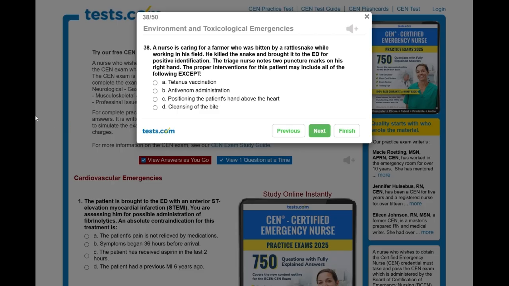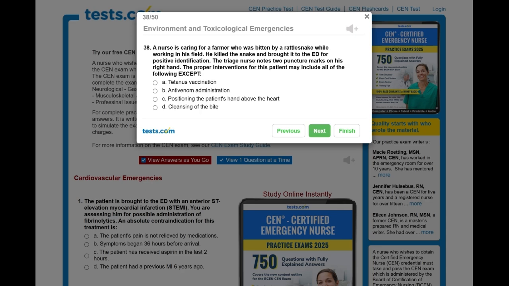Environment and toxicological emergencies. Question 38. A nurse is caring for a farmer who was bitten by a rattlesnake while working in his field. He killed the snake and brought it to the ED for positive identification. The triage nurse notes 2 puncture marks on his right hand. The proper interventions for this patient may include all of the following except